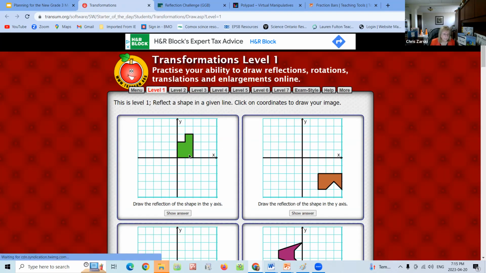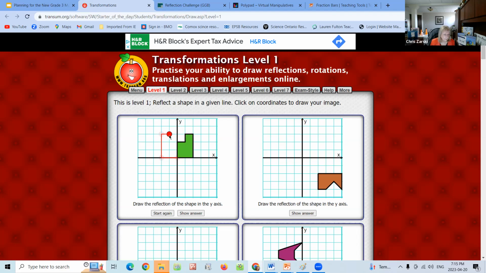Transformations, level 1, that's a good one for them to start at. Here they're getting a shape, not a regular polygon, it's just a polygon. And they're asking them to use the y-axis, draw the reflection of your shape in the y-axis. So if I know that this corner is right on the y-axis, that the reflection will be there too, I just click it on, and that gives me my first point. And I know that I went 1, 2 this way, so I have to go 1, 2 this way, so I'll put my next dot, and now I built my first line. Then I went 1, 2, 3 up, 1, 2, 3 up, next line. I went 1 over in, 1 over in.